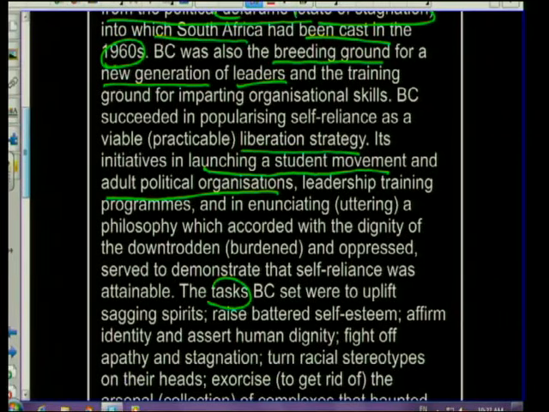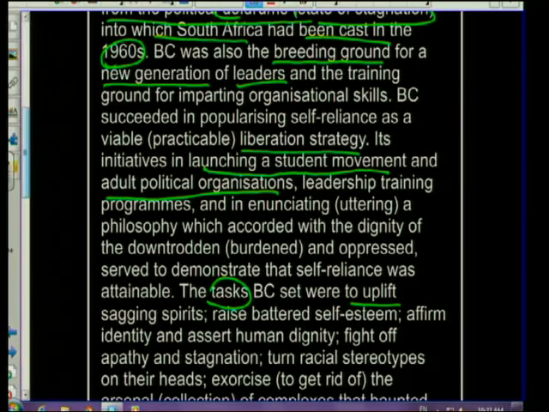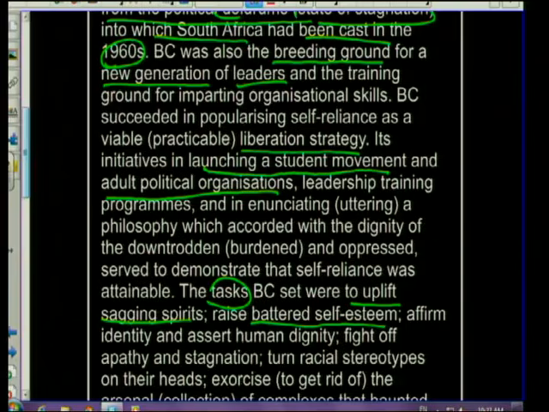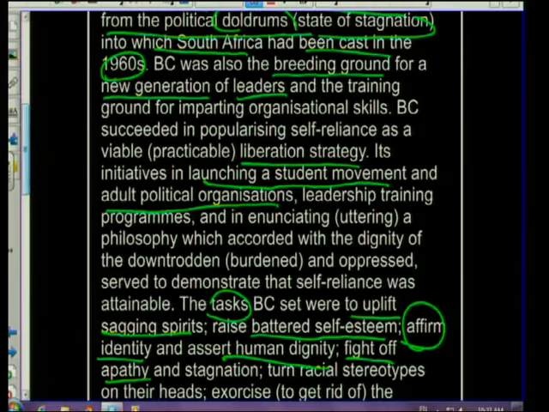The tasks of the BCA, telling you what they actually went around teaching people, were to basically uplift the sagging spirits, the discouraging spirits of black people at the time, and to raise the battered self-esteem and to affirm the identity, to assert human dignity, to fight off apathy, like the source says, and turn racial stereotypes